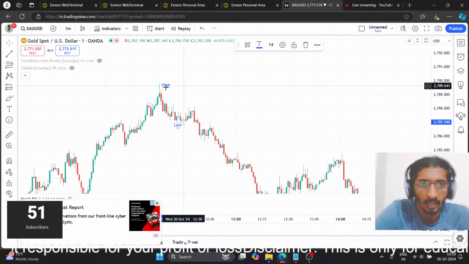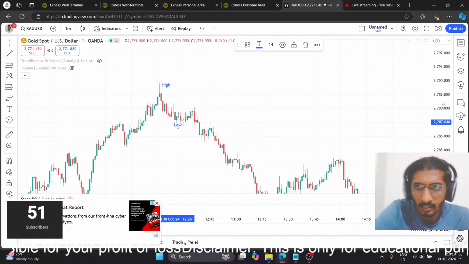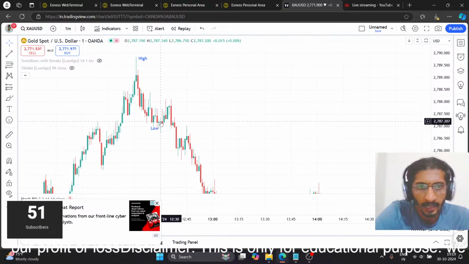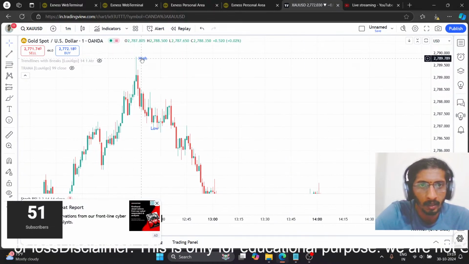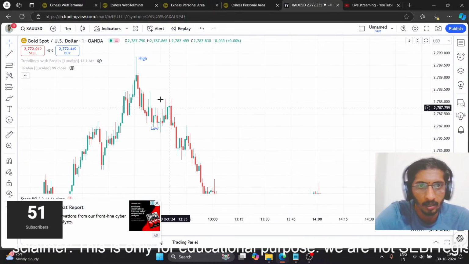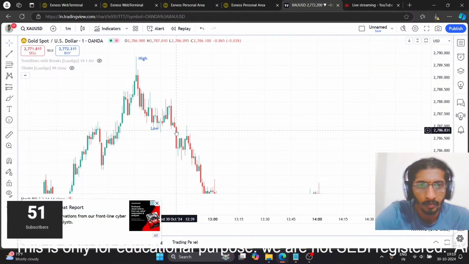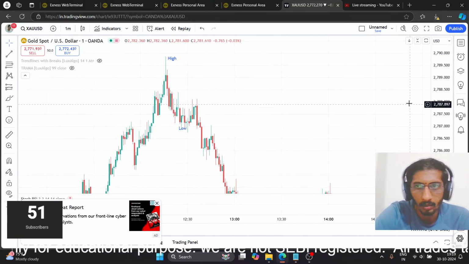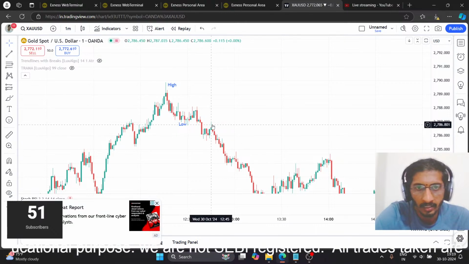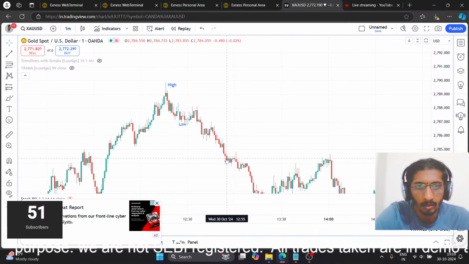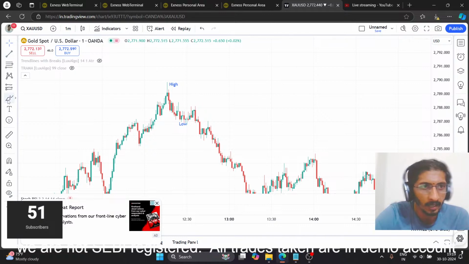So here you can see there is a high. Again, there is a low. Again, it has tried to create a high, but lower than this. It is called a lower high. And again, it will come down. Again, it has tried to go up. Again, it has come down. So when the market is in such a